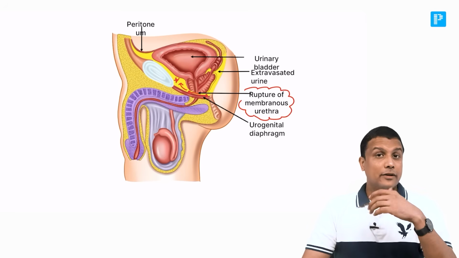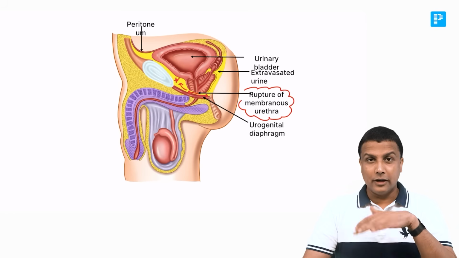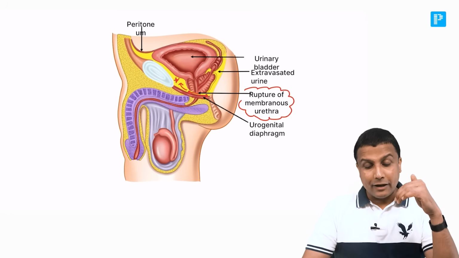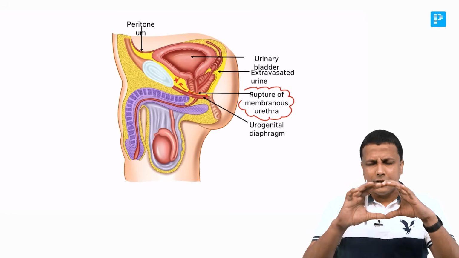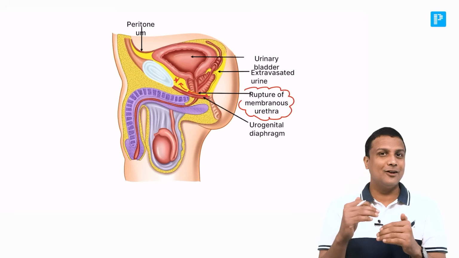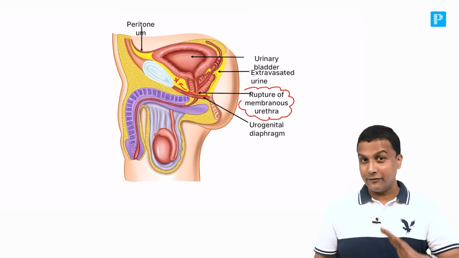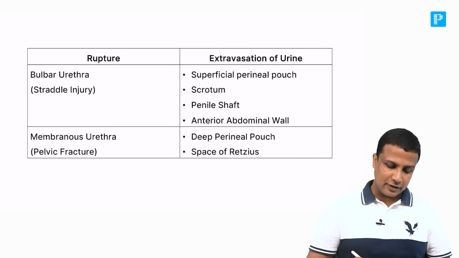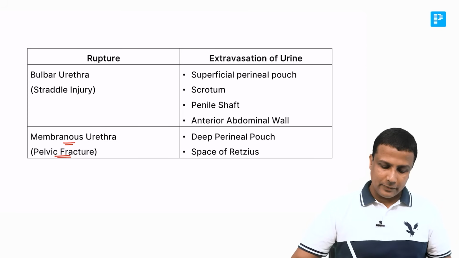Space of Retzius. Now, what is the cause? Why is this membranous urethra ruptured? Remember, membranous urethra will be ruptured due to, yes, the pelvic fracture. You got to find out that keyword in the exam. Whenever the clinical question is given, find the keyword pelvic fracture in that clinical question. So, when there is pelvic fracture, of course, membranous urethra will be ruptured, and the urine will be extravasating out into deep perineal pouch